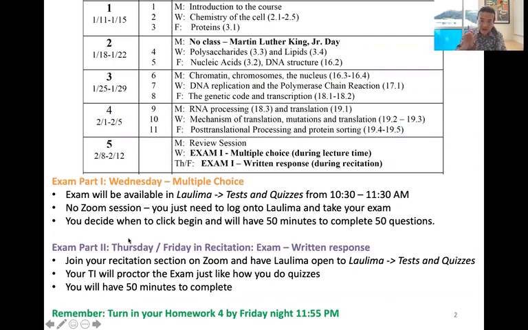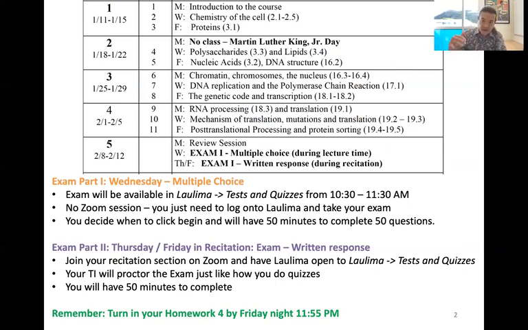So that's part one. So that's this Wednesday. Everybody in the class logs on at 9:30, not 10:30. I'll fix this slide. And you take your test on La Lima. Then later this week, either Thursday or Friday, when you go to your normal recitation section, you will log into Zoom